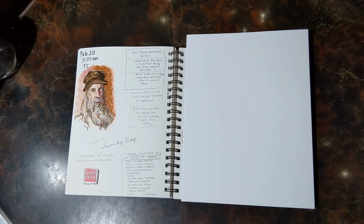And then another one, and he got this from another artist, but I can't remember the name of the other artist. And that is, start drawings from the inside out. So first understand and draw the skeleton. How is the skeleton moving? What does it look like? What are the proportions of the skeleton? Then put the organs in, then the muscles, then the skin, and do a nude portraiture, and then finally put clothing on that figure. I haven't quite tried that,